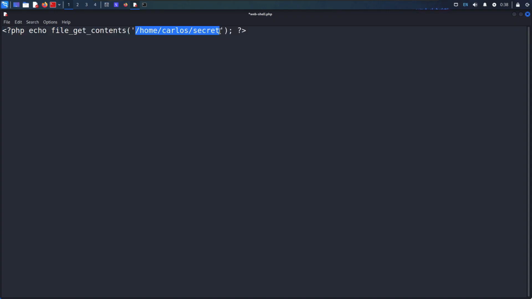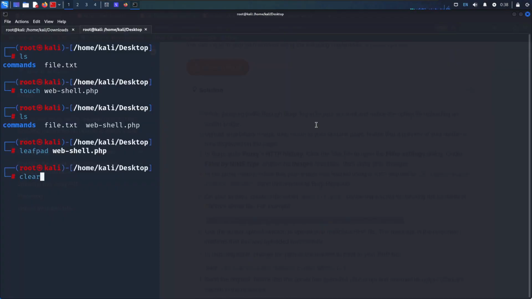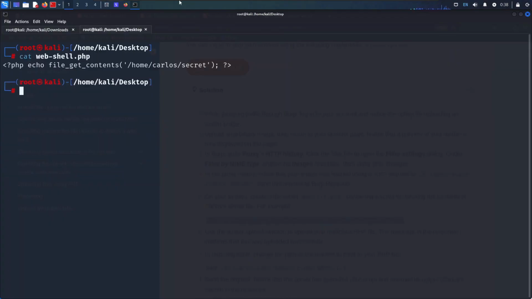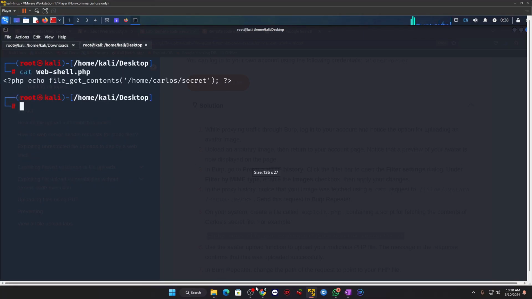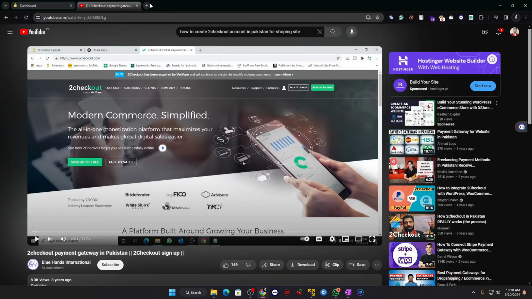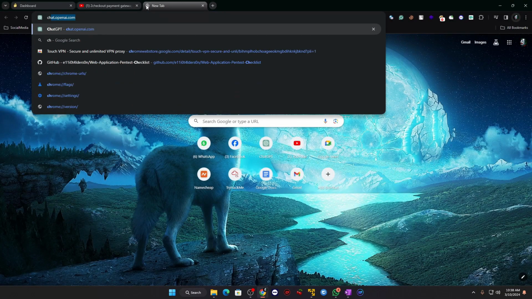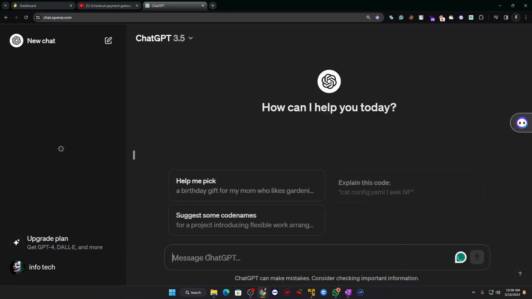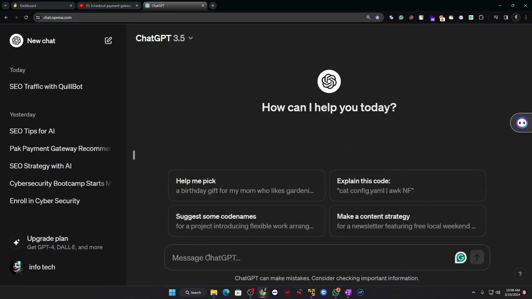And what it will do is grab me the secret file, the secret file that is in the home and Carlos directory. And this is our ultimate goal. If you want to know further about it, you can just copy it, use Control S to save, and after that you can see the result, that this is how it looks. I'll give you another hint: if you want to know more about this command, I'll go to ChatGPT and ask it,